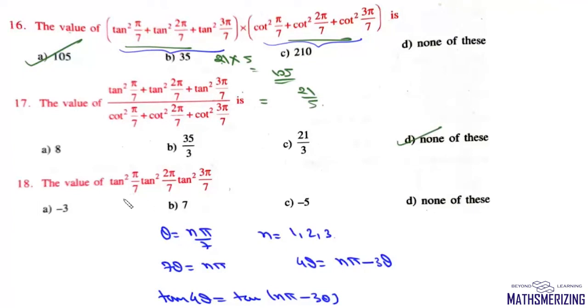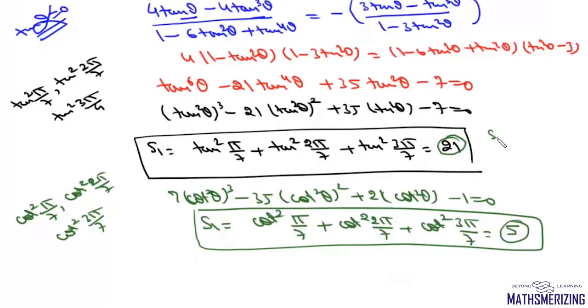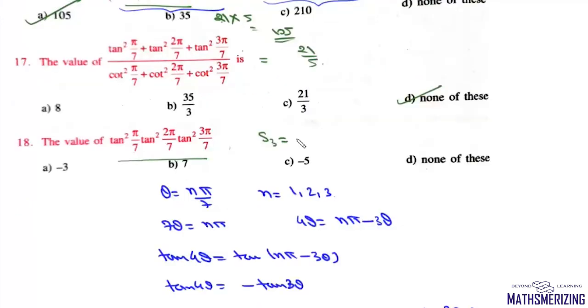And finally we need to find the value of this product. Now this is nothing but S3. Now we'll find S3. S3 will be minus and then minus 7. So this value will be simply 7. So the value of S3 is 7. So the answer to this series is simply 7. Now this question is generally asked in another form, which is tan pi by 7 into tan 2 pi by 7 into tan 3 pi by 7, and this value will be equal to under root 7. So this is how we solve such questions.